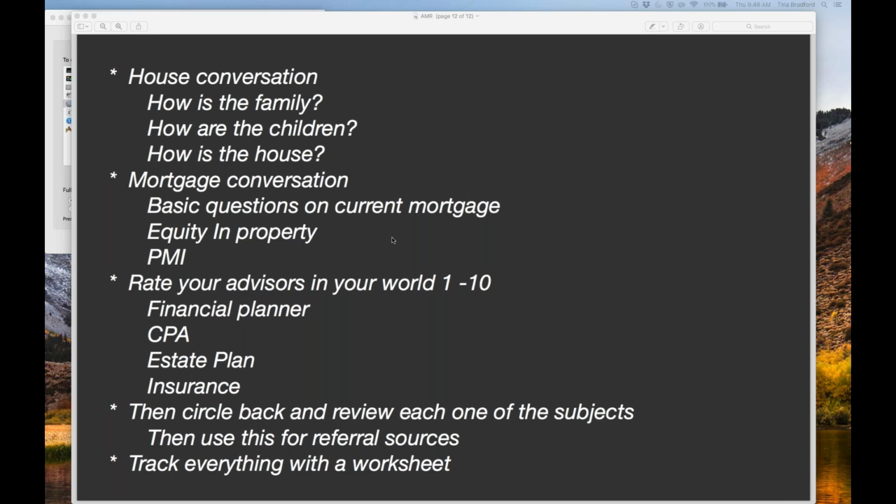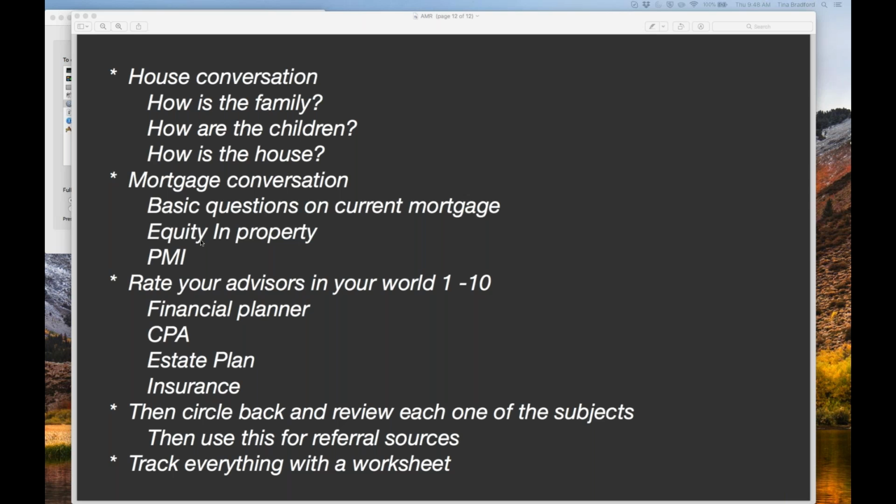Conversation, again, really easy. Okay, so when we closed your loan, this is the information I have, and I just want to make sure that it's still relevant for you. So right now, here's the interest rate. Here's how much you've paid down. Have you made any accelerated payments? So really diving into that information with the client.